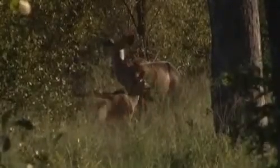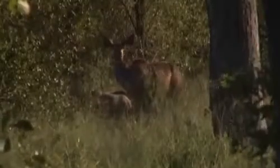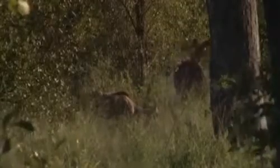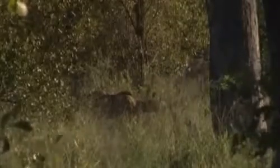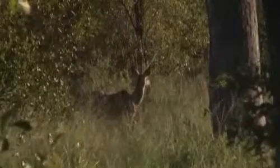So we'll continue on this way and then up towards Quarantine. See if we can get any more tracks there. Sure, it'd be nice to have been able to catch up with him for sure. And so unfortunately with that terrain, you